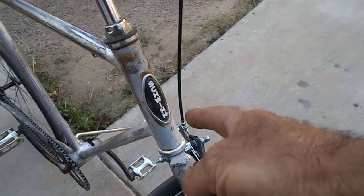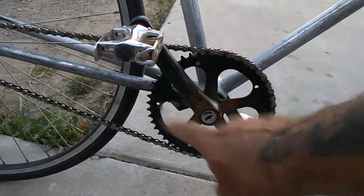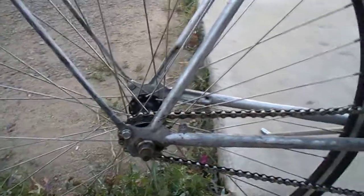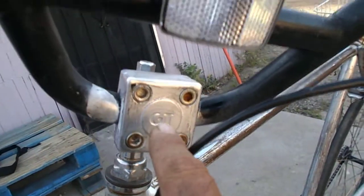Like I said, it's a Schwinn. This is an old school one, one of the ones that was made in Chicago, right? It has the crank set off of a 3G fixie bike with a 48 tooth chainring. It's got a 16 tooth freewheel off of a GT 20-inch BMX bike. It also has, off of that same BMX bike, the aluminum block stem and the handlebars, right, and the